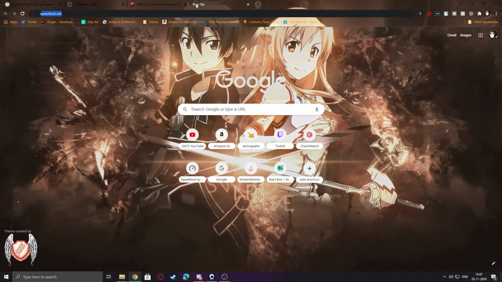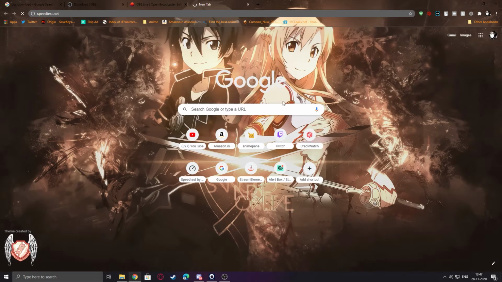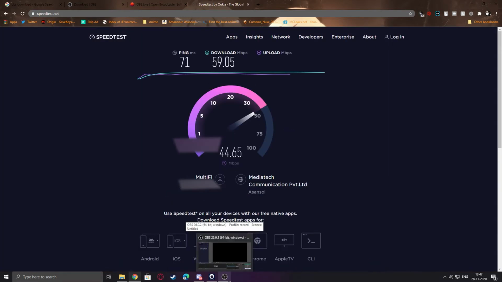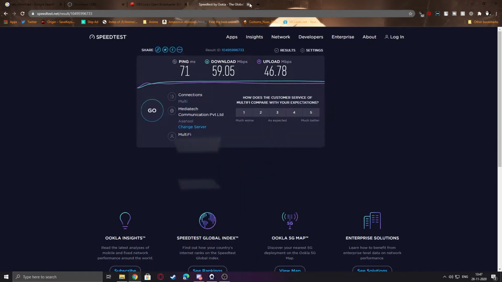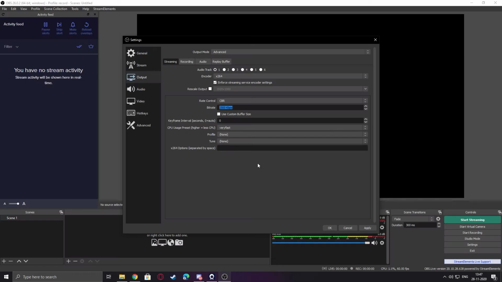Before setting it, go to speedtest.net and check your upload speed. For me it's around 40 to 50, let's average. If you got anything above 20 Mbps, set it to like 9000. For 1080p streams I use 9000 personally.